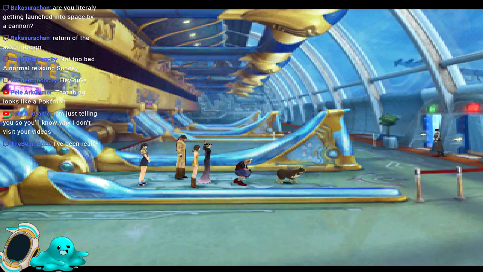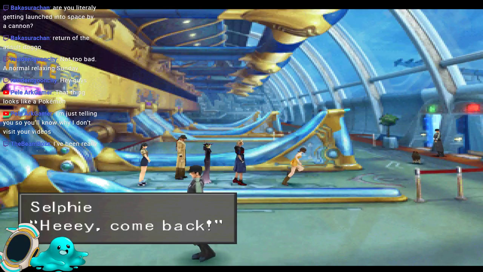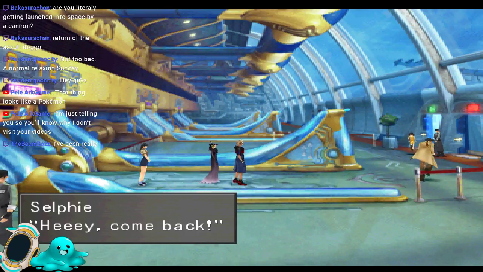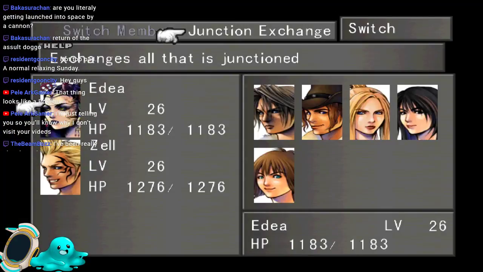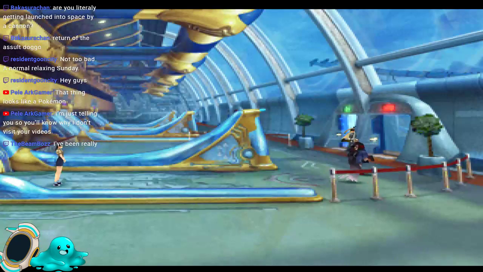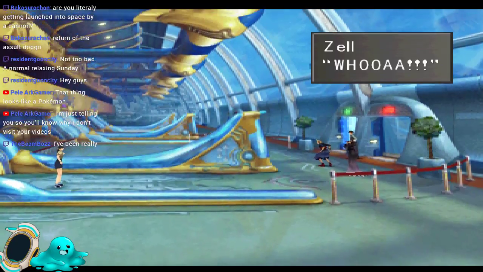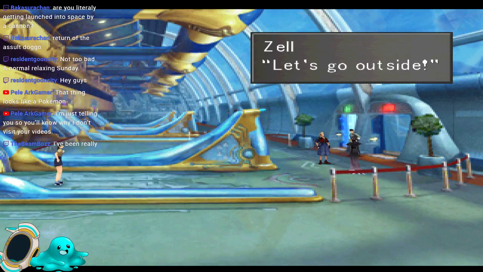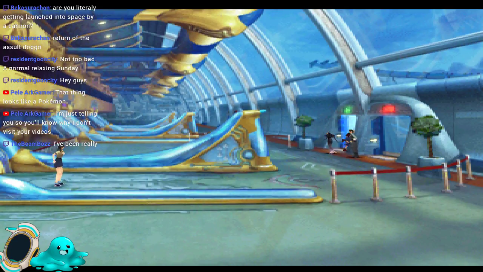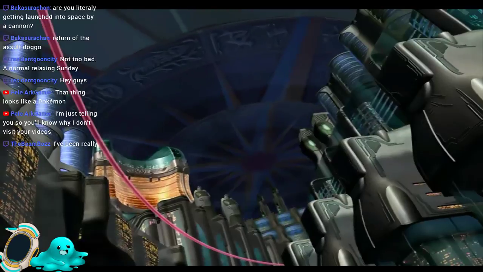Okay, shall we go? So now we're controlling Zell, Urban, Selfie, and Adia. Although Selfie runs off. So let's do a quick junction exchange. Make sure we have a little bit of combat power. Whoa! So we need to head out and down to